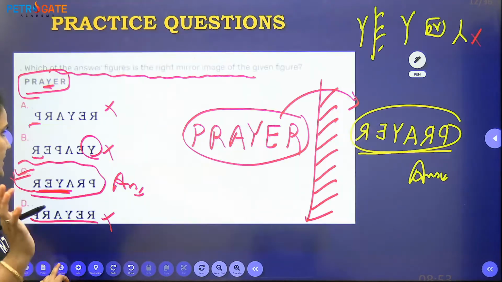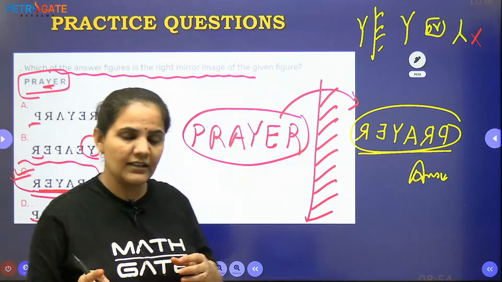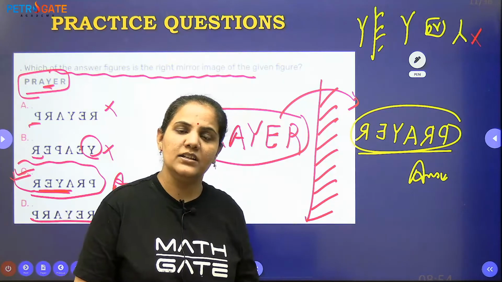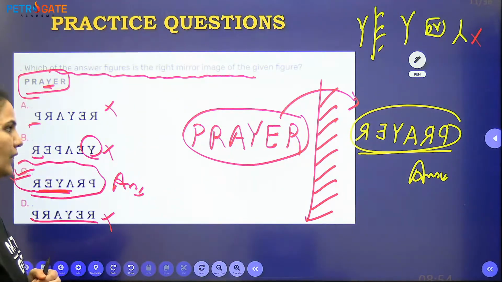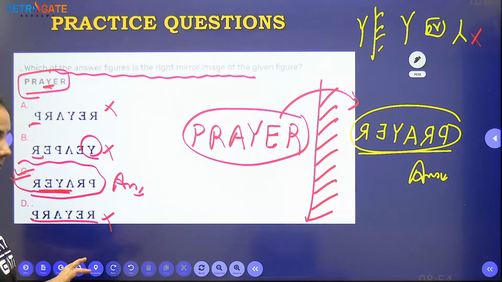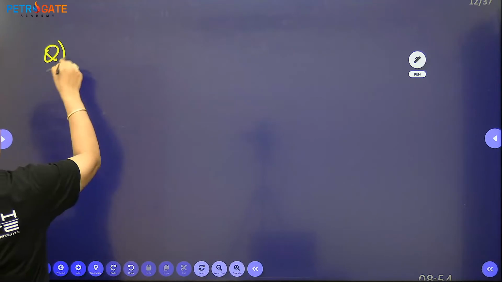Okay, let's have a discussion, before starting the figure images for the mirror image, on water image also. So what is the meaning of water image? Okay, I hope it is clear. Let me show you one example. If someone has a name as Amit,